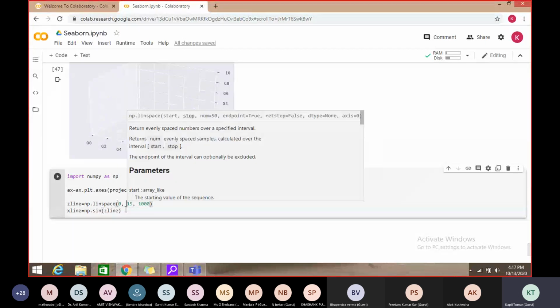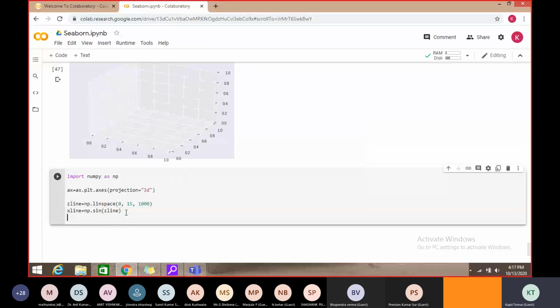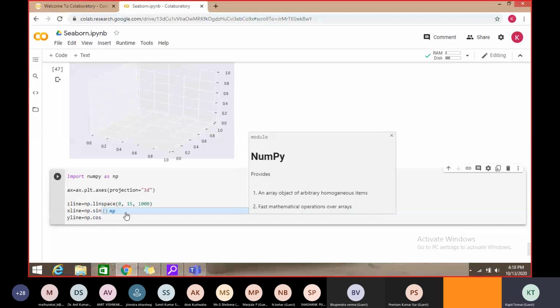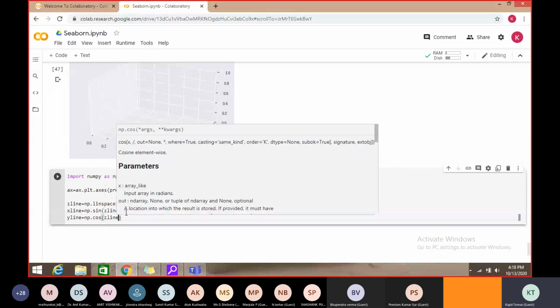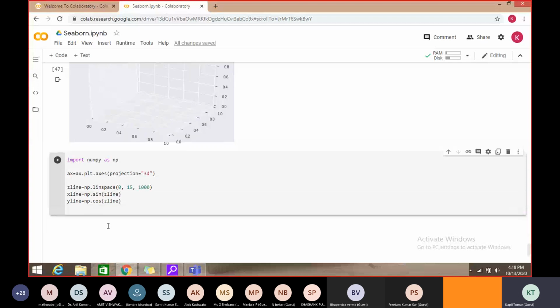So it will generate a 0 to 15 interval of 1000 values, and all the values will be passed to sin, and that will be my X. And similarly Y, and that could be any other function called cos, of Z line. So these are the 3 values which we got for the X, Y, and Z axis, and that has to be plotted on that graph.